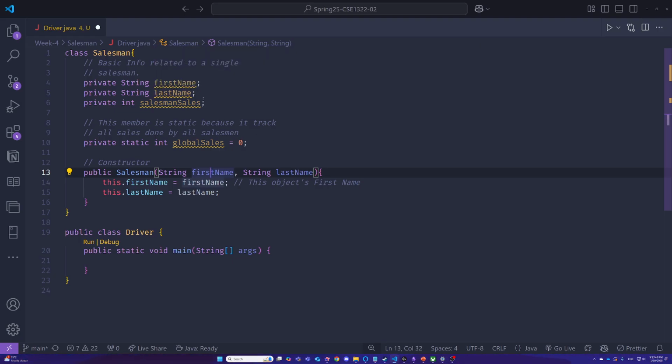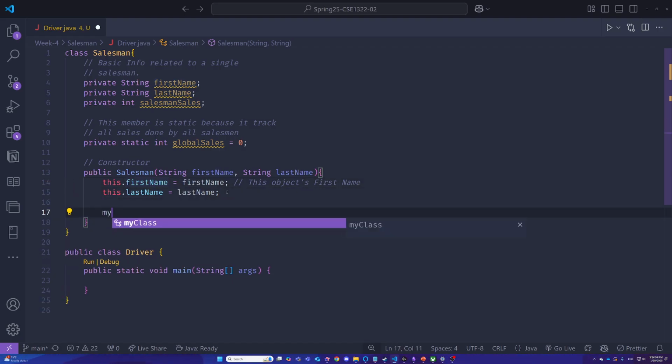Because the IDE is trying to show you that these are two separate things. And whenever I put my cursor on first name, the class attribute, it's also going to only highlight this.firstName instead of just the first name, right? So you see, it clearly shows you the differences. Right. So for the constructor,